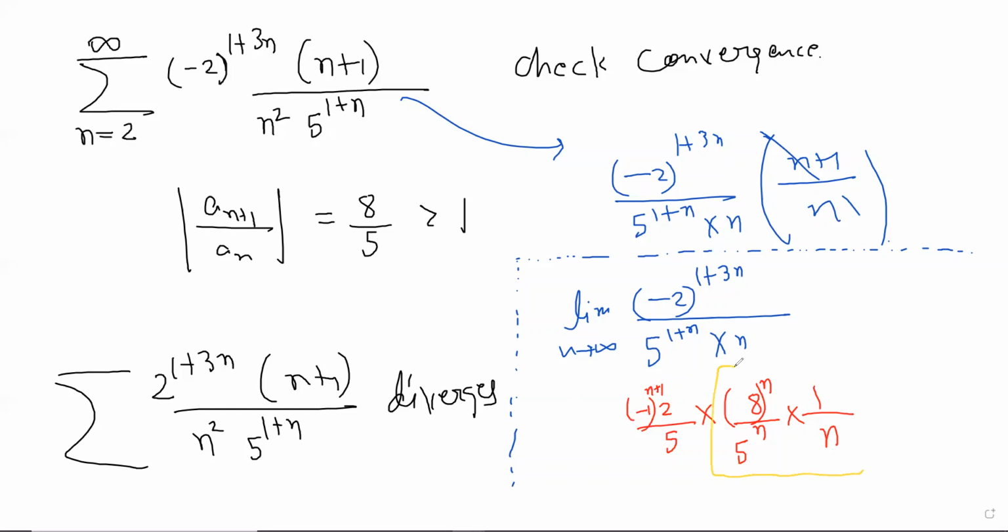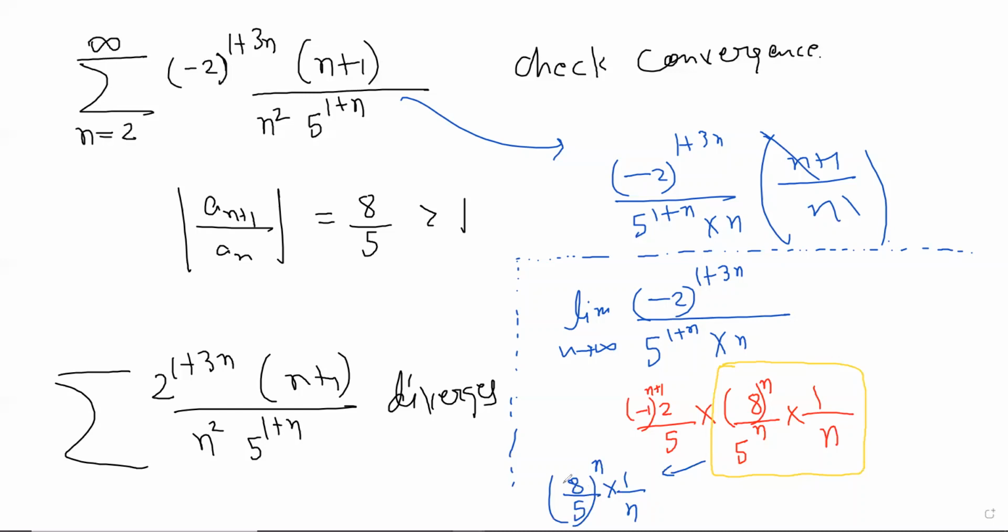Something greater than 1 power n, that's infinity divided by infinity. How do you do this limit? The simplifications you have made will lead us to a very easy solution. So this is 8 by 5 power n. Now, 8 by 5 power n certainly is not going to 0. It's going to infinity, in fact. And even if you divide this thing by n, this will still go to infinity.